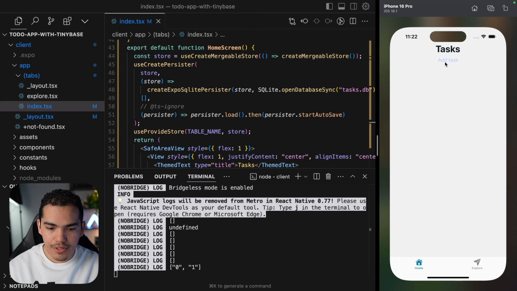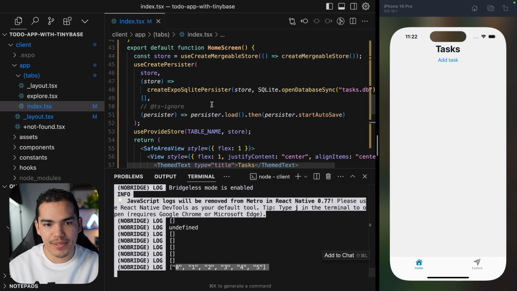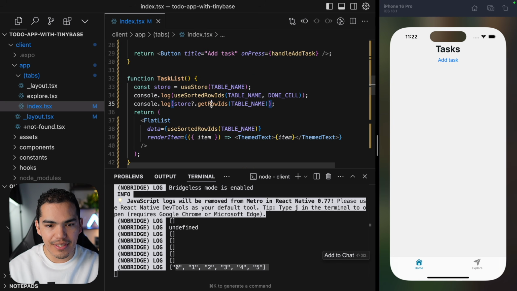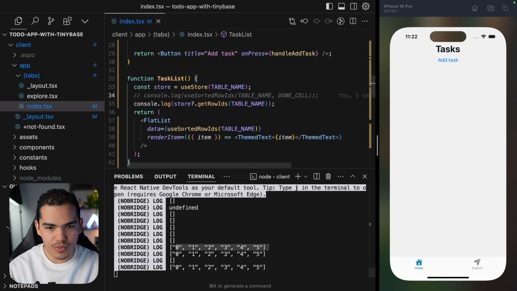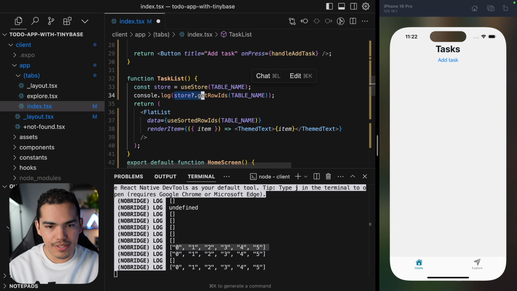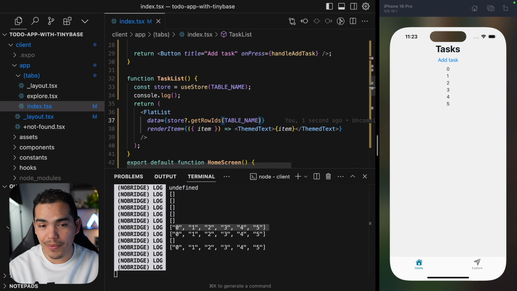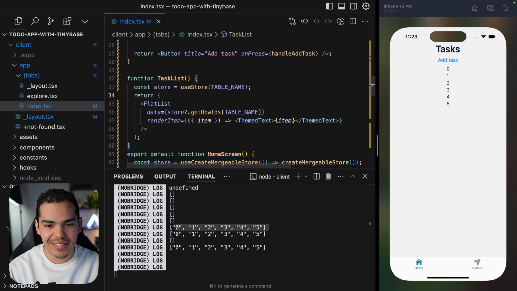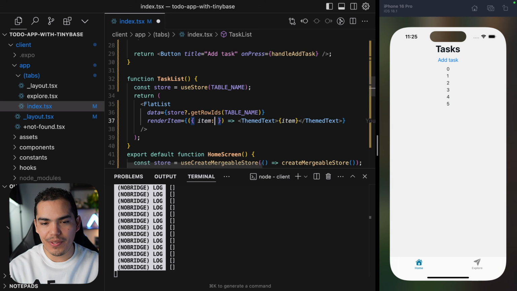works. Okay, so this is working, as you can see, because if I'm adding tasks and then reloading, you can see that now I have items, but these items are coming from, I believe, getRowIds. Okay, so this is working fine. So let's go ahead and use this. I'll copy and paste it in here. Okay, now I'm able to see the numbers. That's good. And we can actually rename this if we want to, like say ID, and then grab the ID